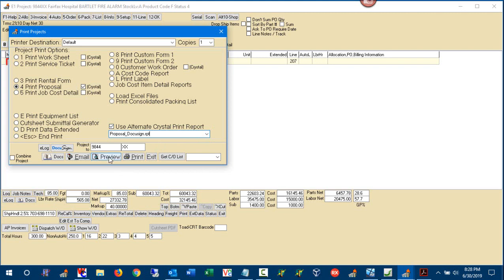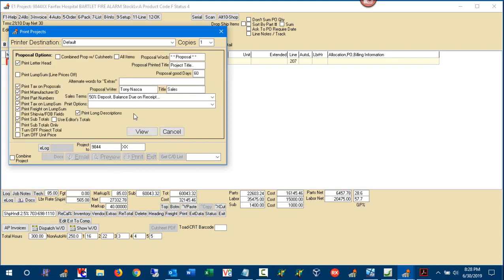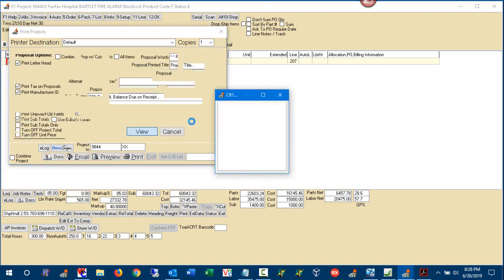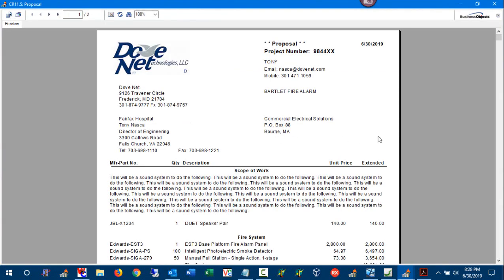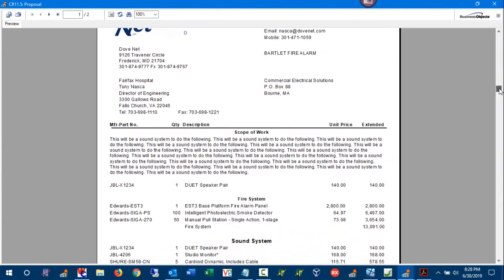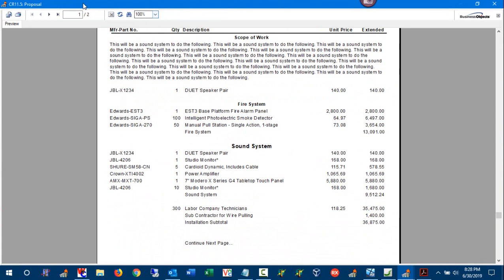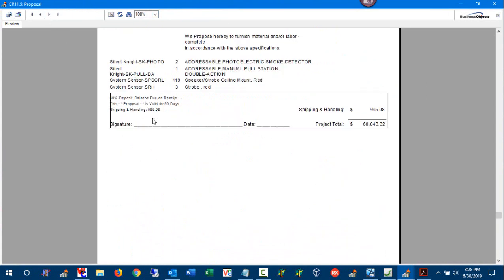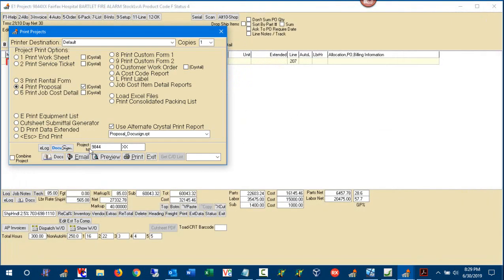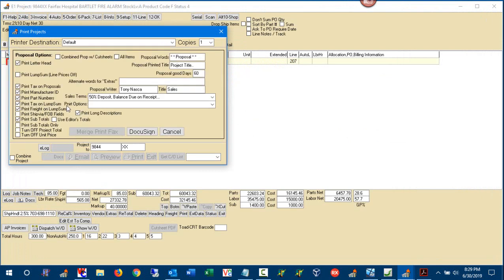Now, normally we go down the preview road, and we can certainly do that and look at the quote before we send it out. And so here's our quote that's been ready to send out, and on the last page we have a signature section for the client to sign. Okay. Now, I'm going to use those same settings, but this time I'm going to press the Docusign button here. And when we do that,